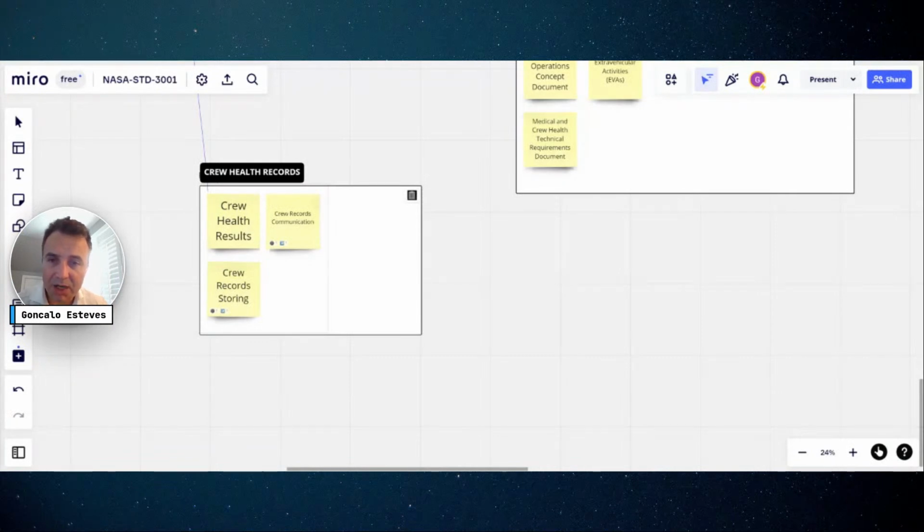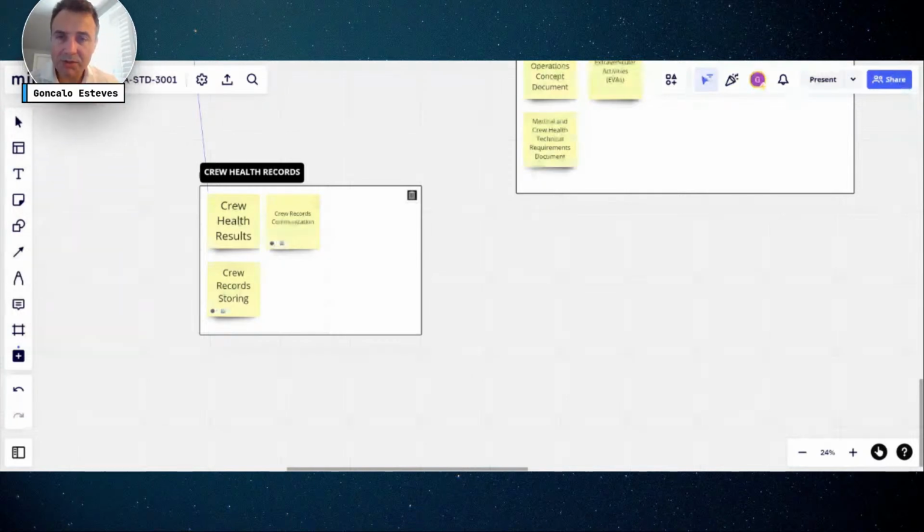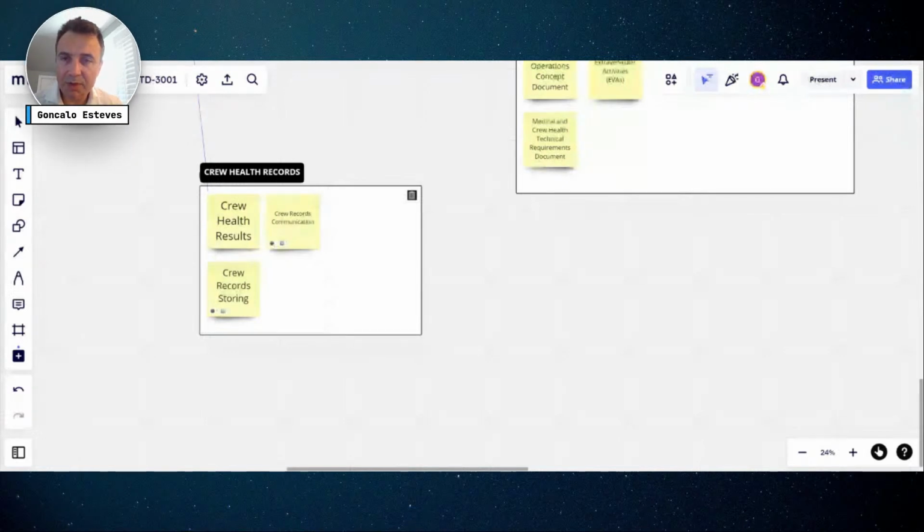Let me move to another location. Cool. The crew health records are a way to maintain the history of the world. That's how I see it.